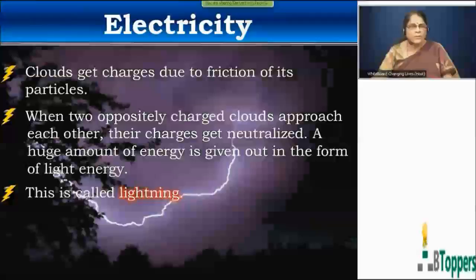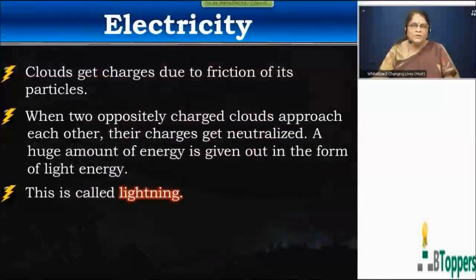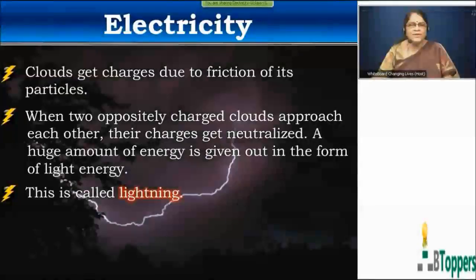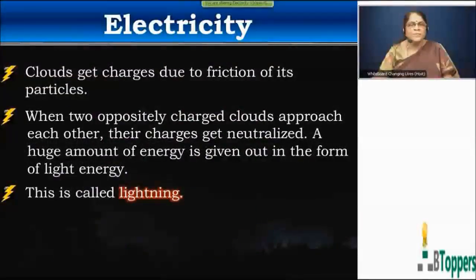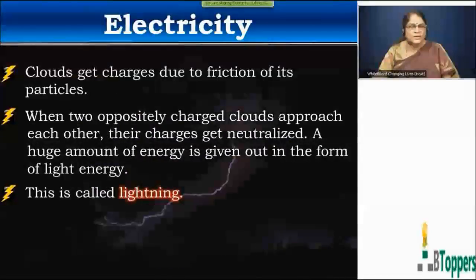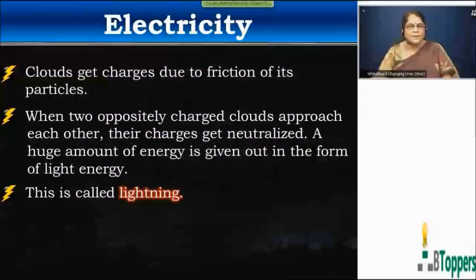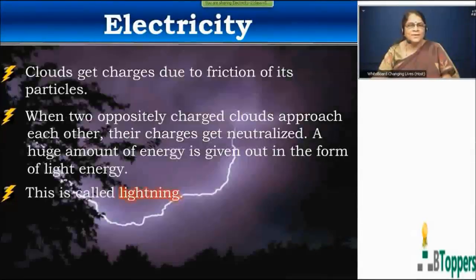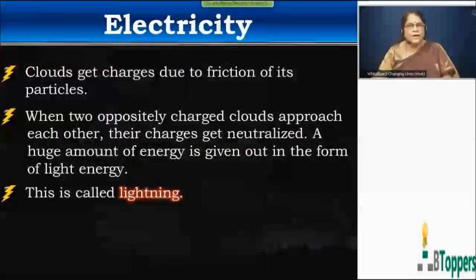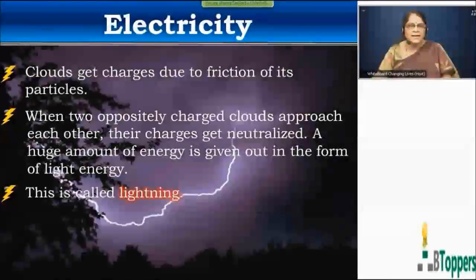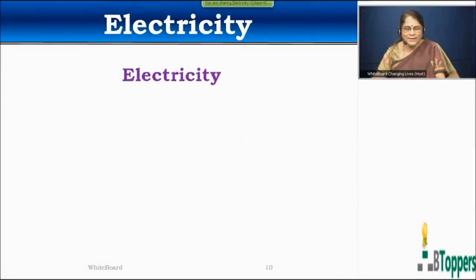From all these experiments and this natural phenomena, what have we understood? We have understood that whenever two bodies are rubbed against each other, friction is caused, and due to friction, the bodies are getting charged. But there is no electrical wire here, no switch here, where the electrical energy can come to these bodies. If we compare these charges to the charges which were flowing through the wire in the case of the bulb or the geyser, we notice that there is a difference. Thus, we can say that